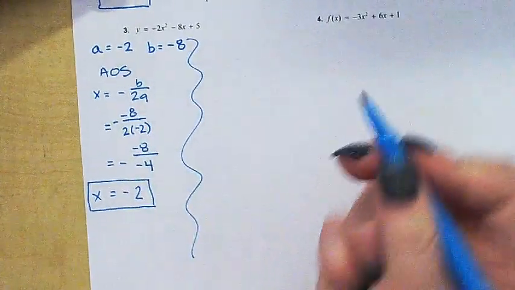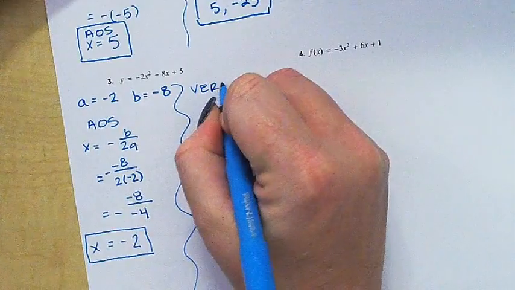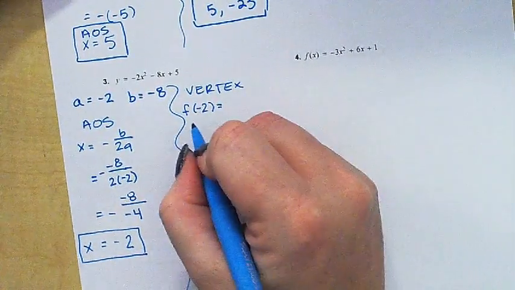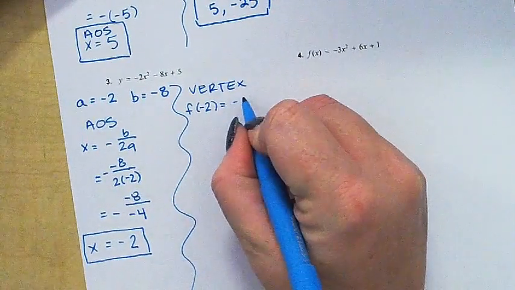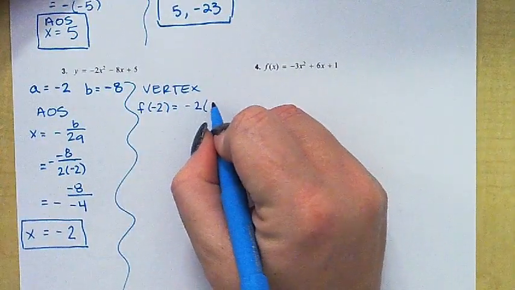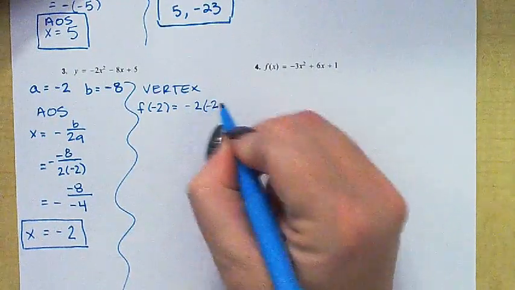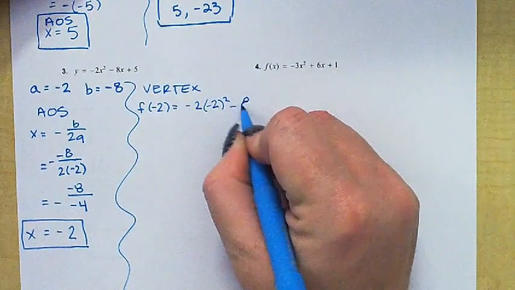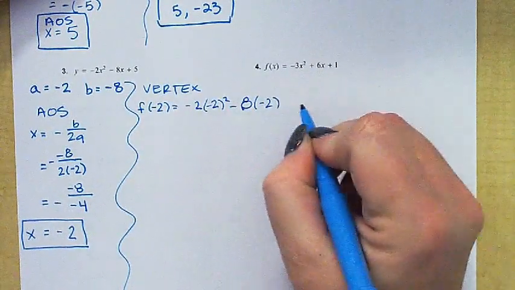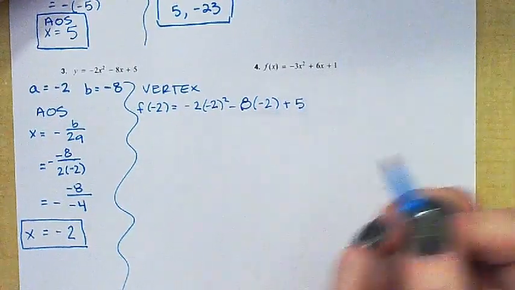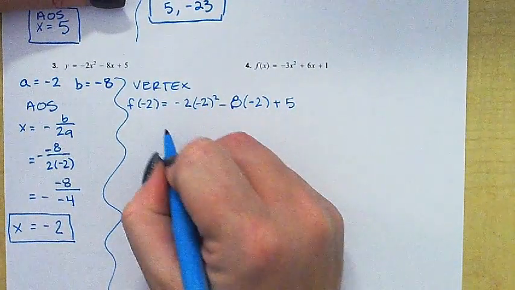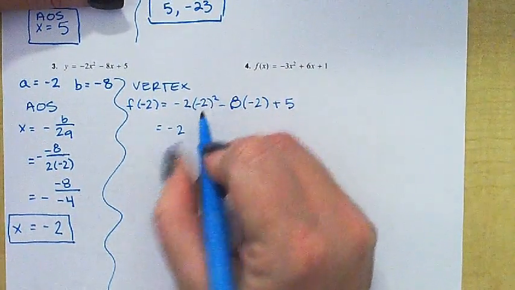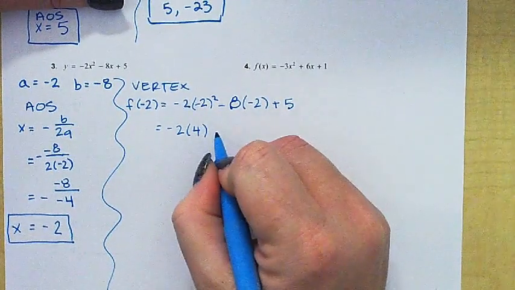We take that negative 2 and we plug it in for the vertex. So f of negative 2 will give us negative 2 times negative 2 squared minus 8 times negative 2 plus 5. And we're going to go with our order of operations. So we have a negative 2. That 2 squared will give us a 4. And